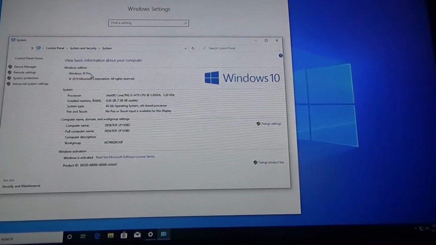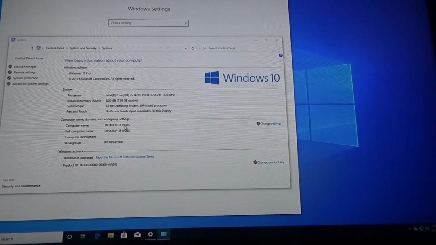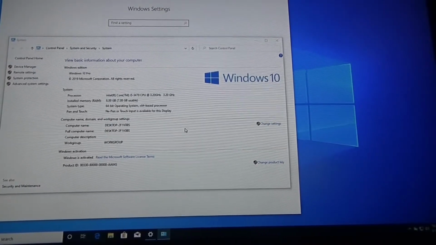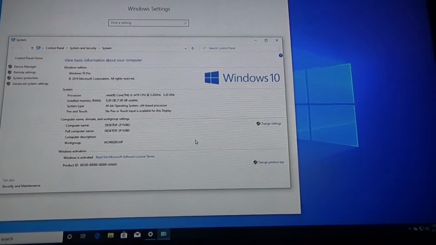We got Windows 10 Pro on an Intel Celeron i5 edition, 4 cores, 3.2 gigahertz. Only 8 gigabytes of RAM right now, but I'm pretty sure I can get 32 in here, and that's what I'm gonna do real soon. As soon as I take this Windows drive out and put Arch Linux on it, then I'll give it some more RAM.